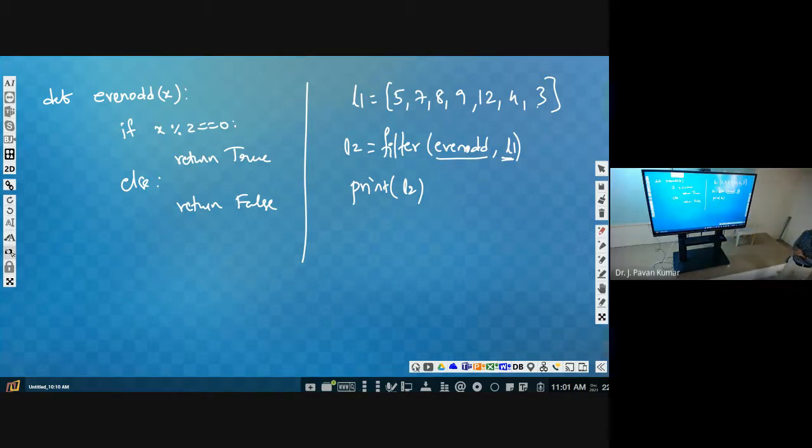With this function only, if you want odd numbers, that cannot be done directly. Just give a try by putting not here, but most probably it will not work. That's what I have mentioned. Here we have to specify the function name. We need not make a function call. Filter itself will make the function call. Convert this into a function call by putting even_odd, then it will take one number from it and call it. Understand?